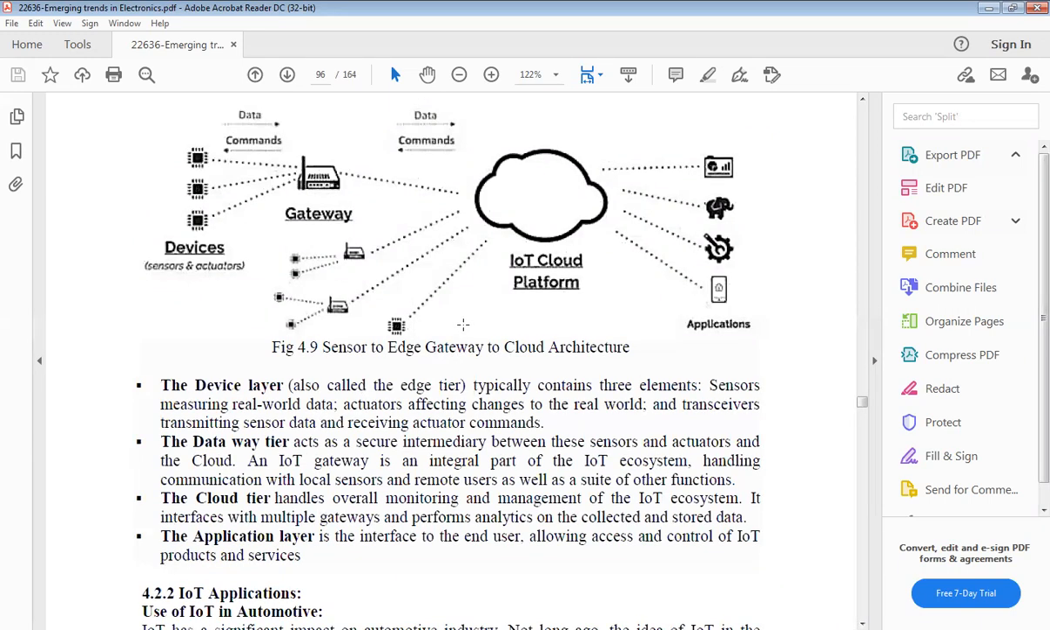Is there any doubt in three type of data routing technique? Is there any doubt? Sir, third one. Third,